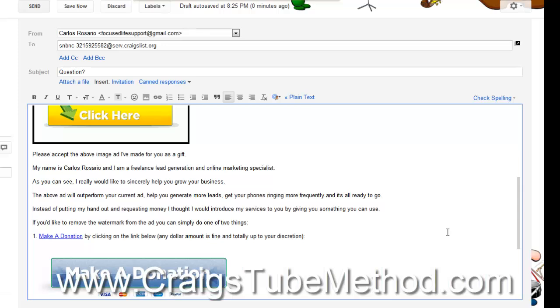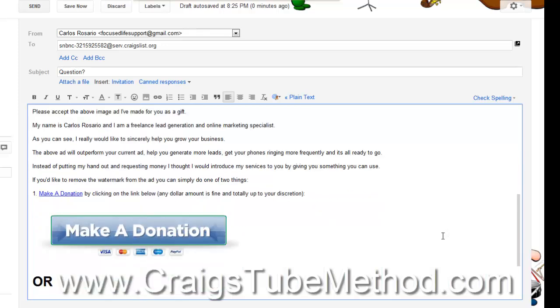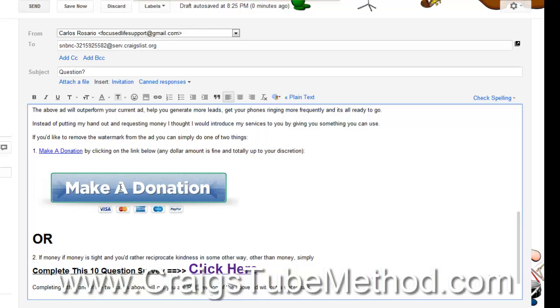If you'd like to remove the watermark from the ad, you can simply do one of two things. Make a donation, in case his email client does not accept images. I wanted to make sure I put a clickable link in there, right? Make a donation by clicking on the link below. Any dollar amount is fine and totally up to your discretion. And I embedded an image that I made using the free graphic creator, and make this a clickable link as well. So if you click over it, you'll see this link thing pop up here. And all I did to make this donation button was actually, I created in my PayPal account, you can create a donate button under the merchant services section,